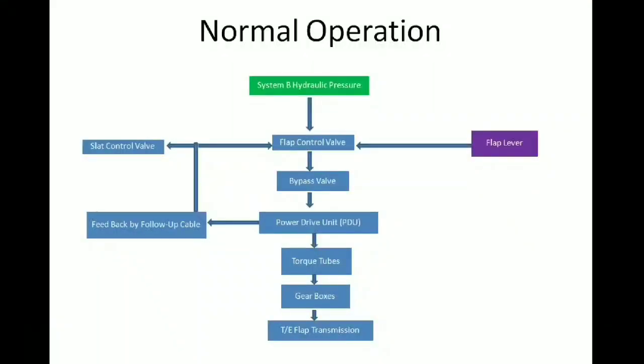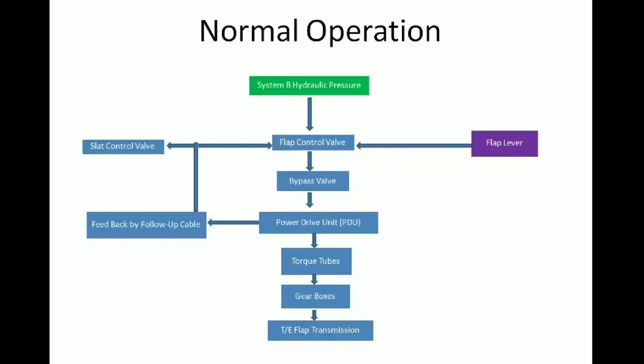In the previous section, we saw how to operate the trailing edge flap from the cockpit. Also, we saw the indications, lights, and some safety precautions before operating the hydraulic system and also the trailing edge flap. Then we did two things. First, we operated the hydraulic system B, and second, we operated the flap lever. When we operated this, the trailing edge flap and the leading edge devices started to operate. Now we will see how the controls from the cockpit reach the trailing edge flap.